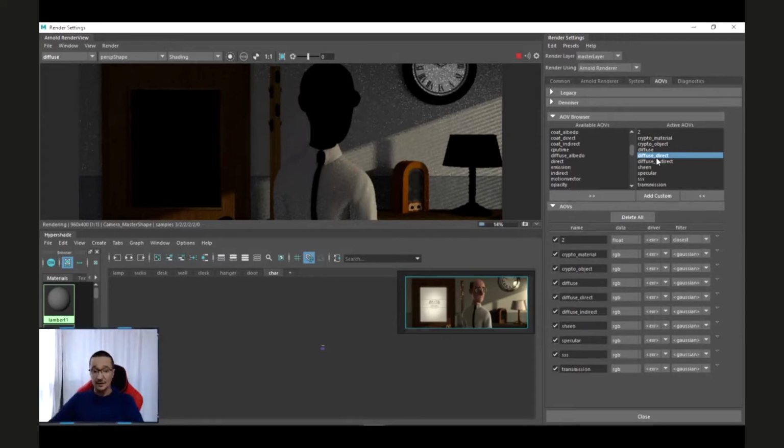Direct is for direct lighting, indirect is for all indirect lighting. You can have sheen exactly the same, direct, indirect, specular exactly. You have SSS, transmission, volume.